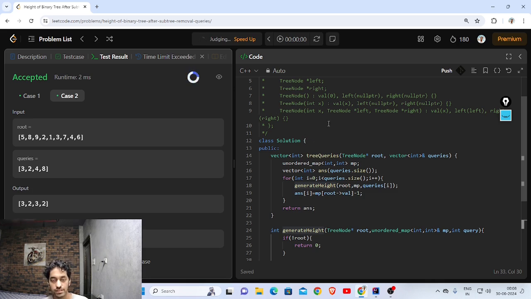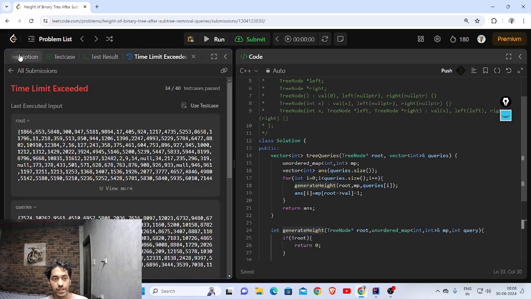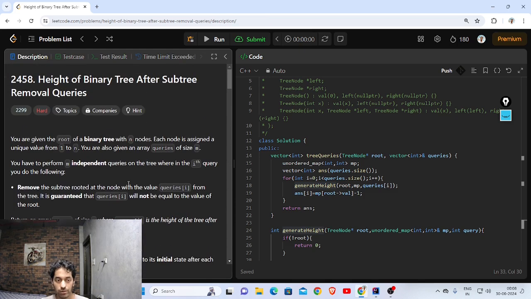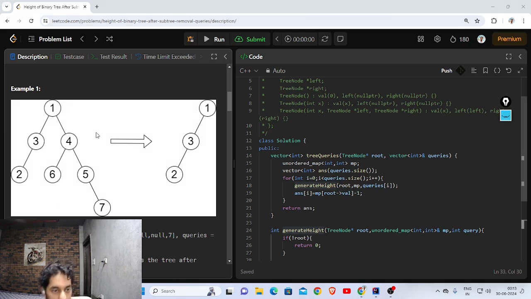So we see that for every query, we need something lesser because of the nature of this problem. We have to traverse every node. So O of n is going to be the time complexity definitely. So in order to solve this optimally, we have to reduce our time complexity for the queries part to O of 1 by doing some pre-computation